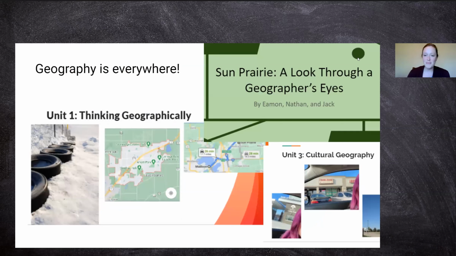I also find ways for my students to live and breathe geography, especially in those 2 weeks leading up to the exam. I want them to see that geography is everywhere, and that's what makes this class so amazing. They can truly internalize what we're learning because they see it all day long. A review activity we use is to purposely make connections and observations about geography in our community. So we look unit by unit and we see where the topics are in Sun Prairie, the community where I teach. And then students can use Google Image or screen grabs or photos from their camera roll to highlight how the topics that we've learned about are truly all around them. And then on the next slide,